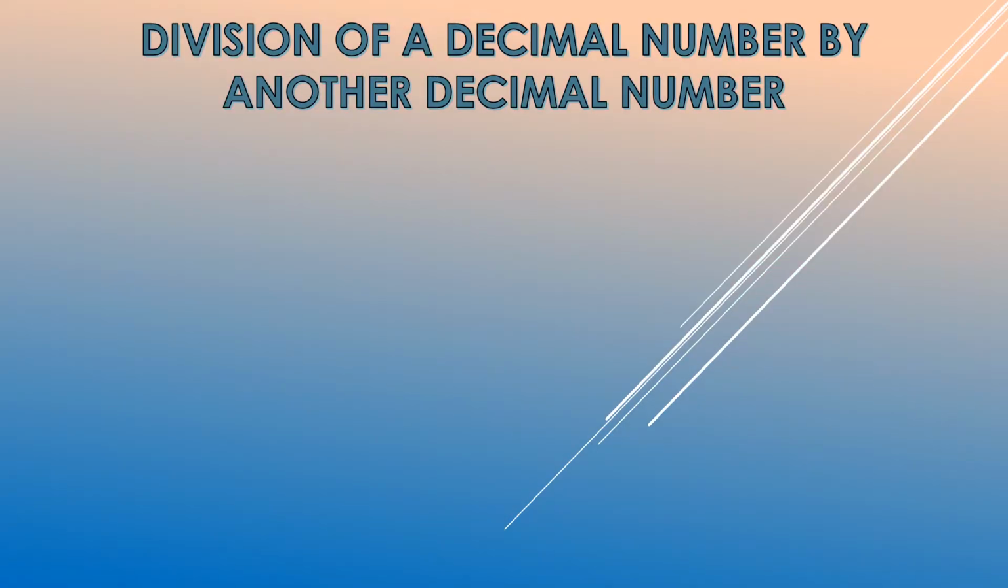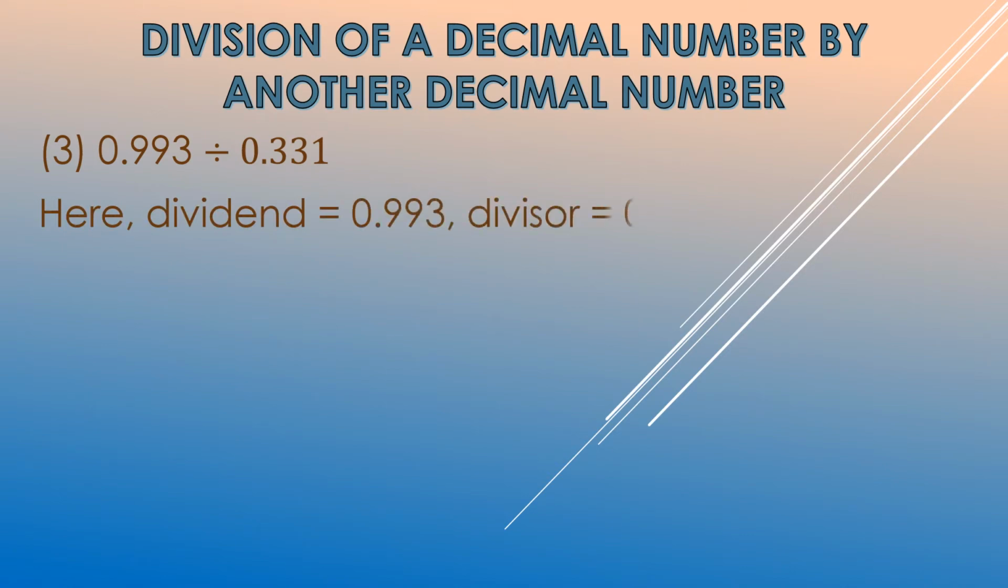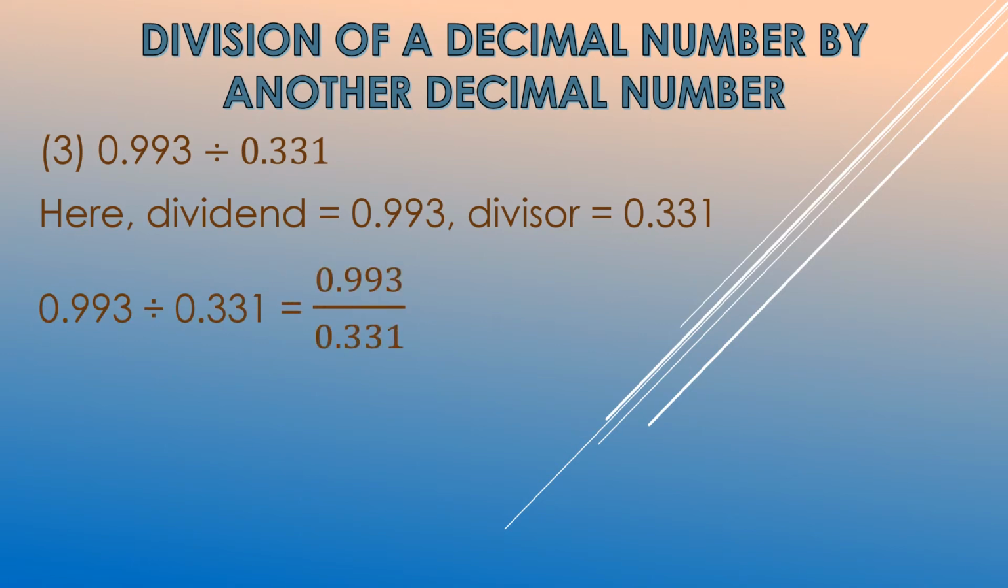Question number 3. 0.993 divided by 0.331. Here dividend is equal to 0.993 and divisor is equal to 0.331. Now write it as fraction. So 0.993 divided by 0.331 is equal to